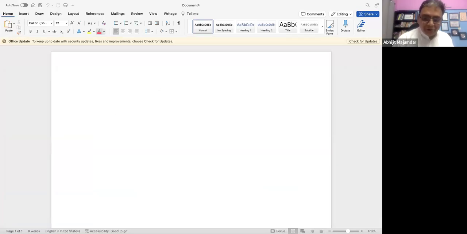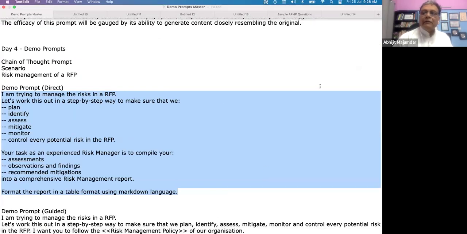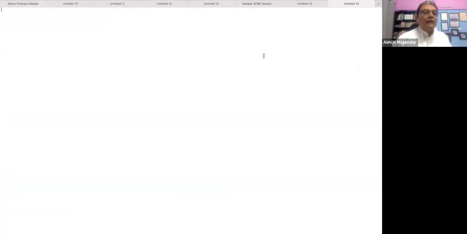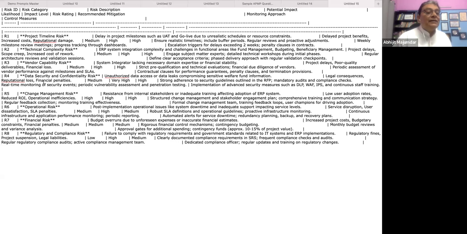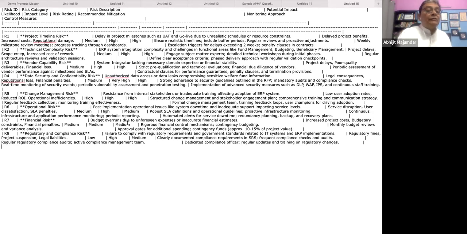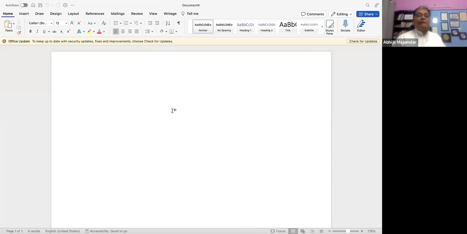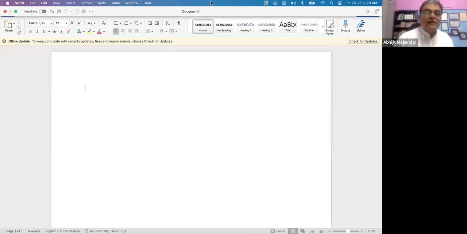before I paste it over there, I will show you something else. Now I'm going to a text editor, which does not understand the markdown language. If I do a Control V over here, you will see these double asterisks, which means that this is a heading. So this is how it is. It's vendor capability, so it means that this is a heading. Then it has created it like this. So I use this markup language. Now if I go to Word, which actually understands markup language, and I paste it here.